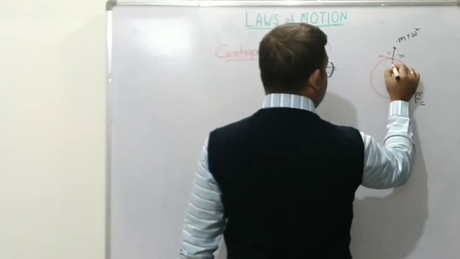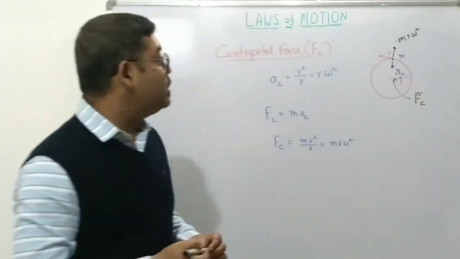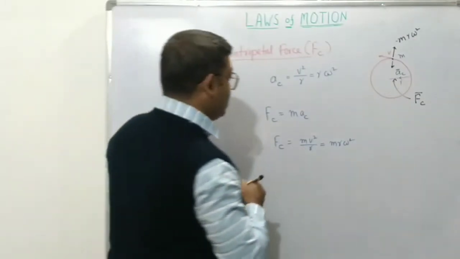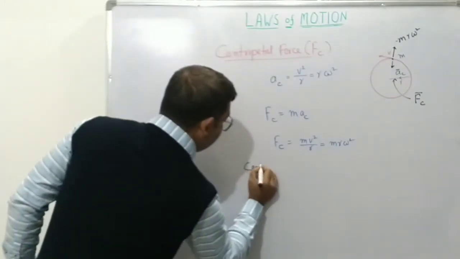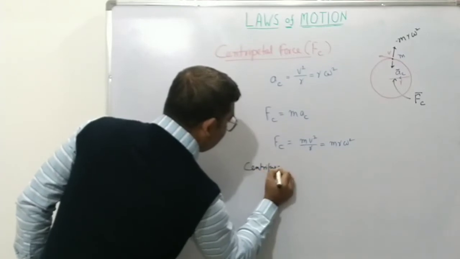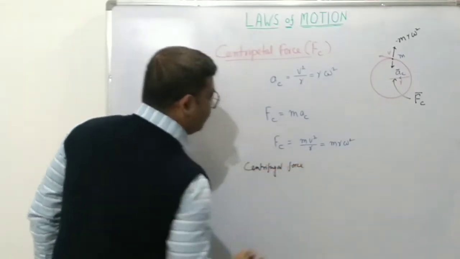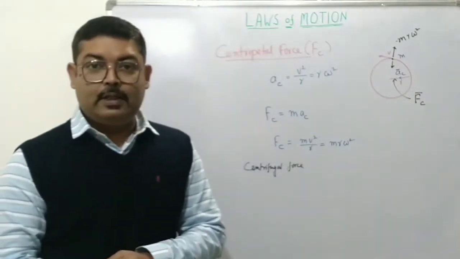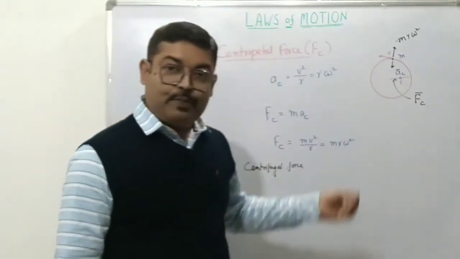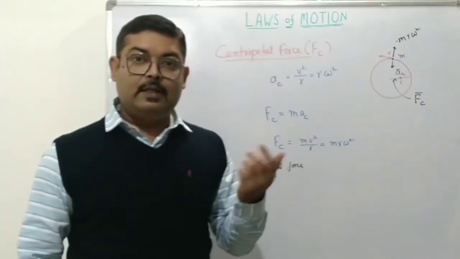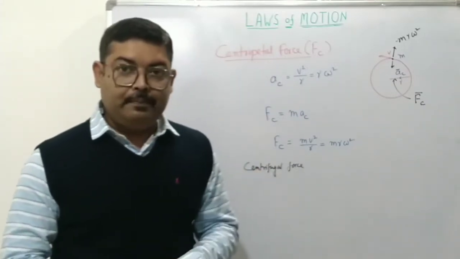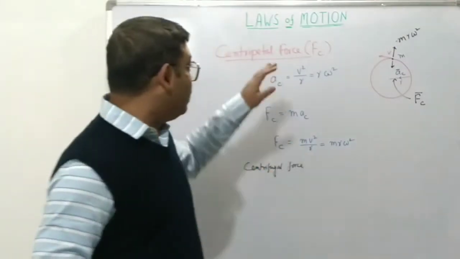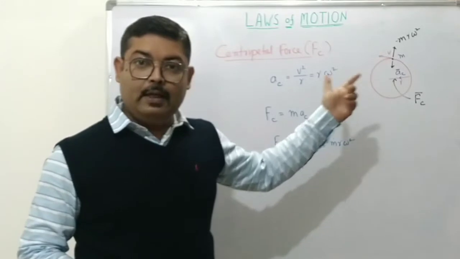Centripetal force is in this direction; this force is in the opposite direction. This is a pseudo force, and it is known as the centrifugal force. So, centrifugal force is not a real force. It's a force that is experienced by the object traversing a circular motion. And it has the same magnitude as the centripetal force that is keeping the object moving in the circle.